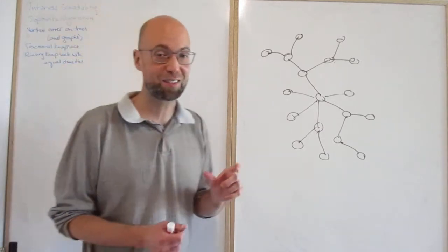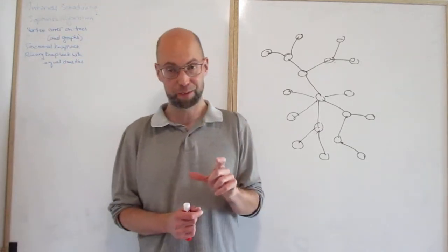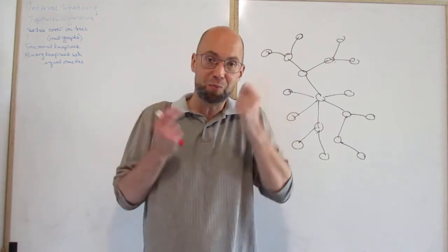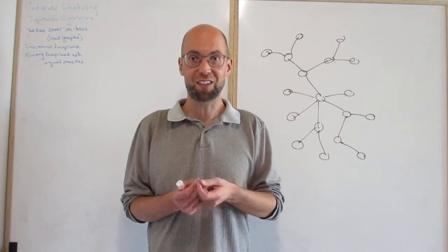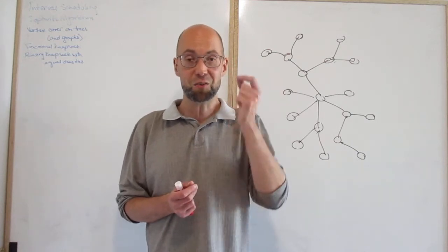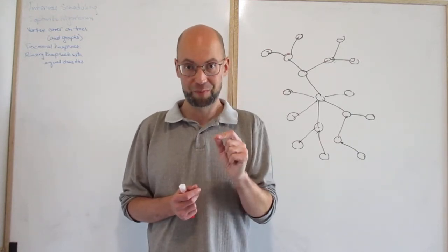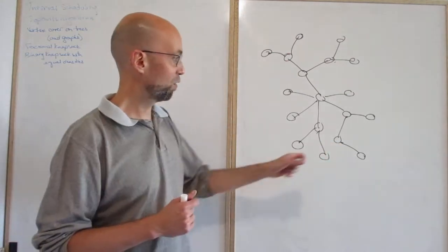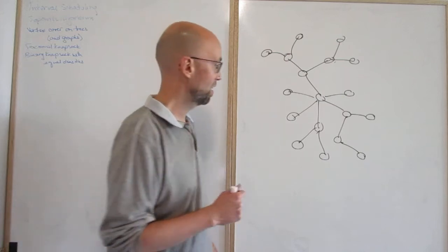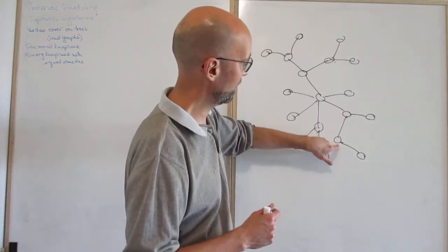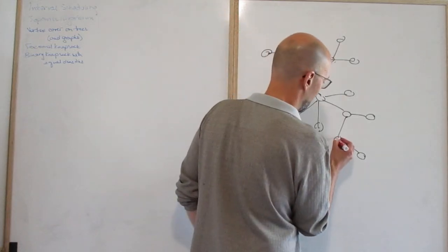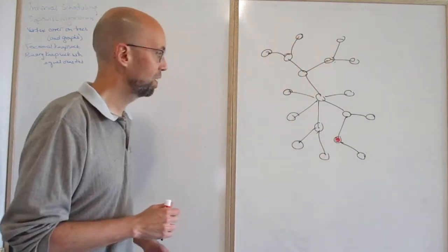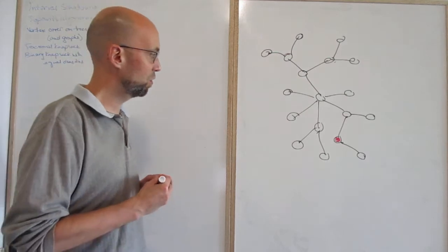Instead, you actually start with a leaf, which is the thing with the smallest degree. It's only got degree 1. You do not take the leaf. You take the other end of the edge. So we're going to take this leaf, and then we're going to take this vertex. And now we're going to ignore